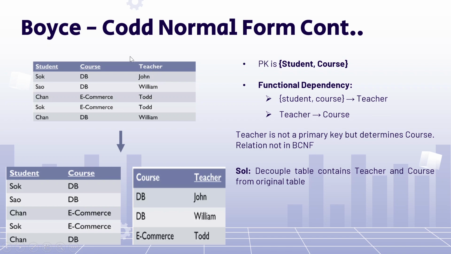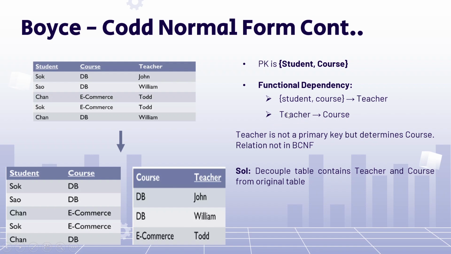The attribute teacher can determine the course. You can see for the same value of teacher, the y value, that is the course value, is also the same. So teacher can determine course here. So teacher determines course is another functional dependency, but teacher is not a primary key, teacher is not a super